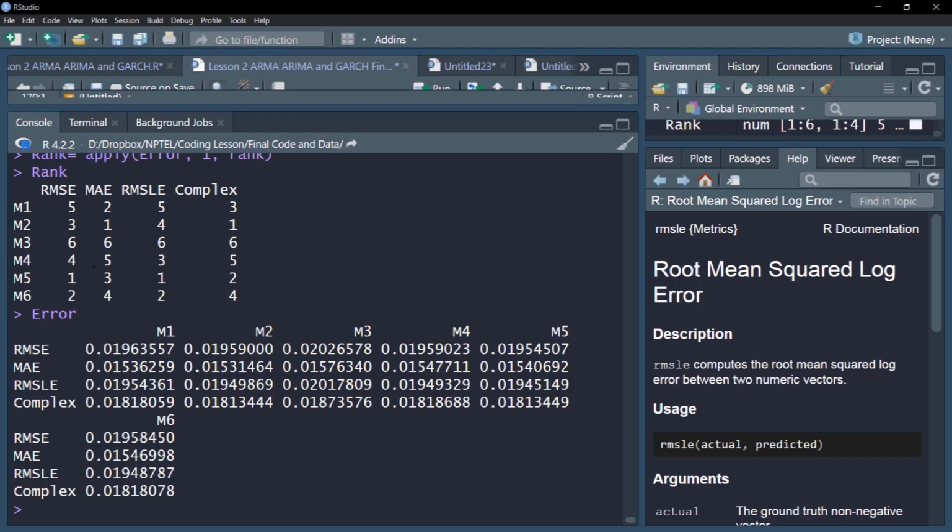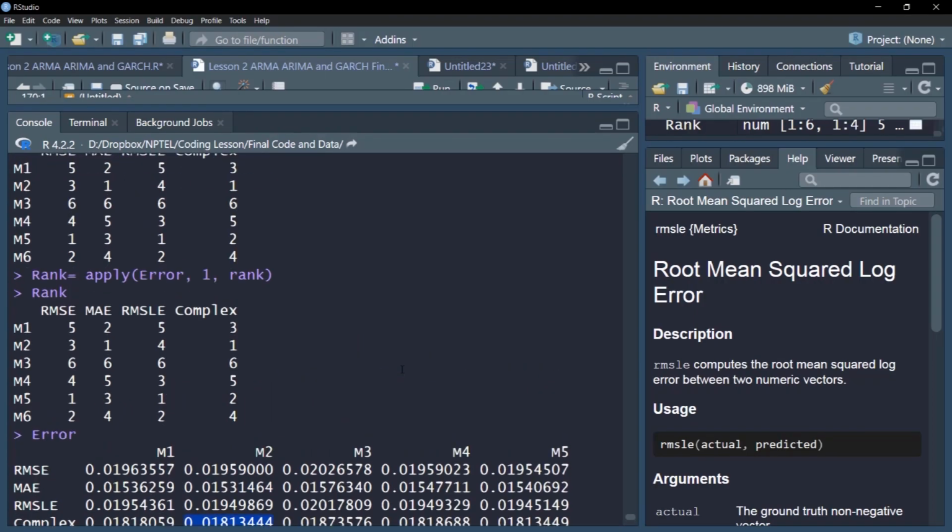So that way we can see different objects, and particularly M2 on our desired objective function, complex error, works best. You can see here M2 0.0183 is better than all the others here, and therefore it is our model of choice. M2, which is a second order AR and second order MA process.